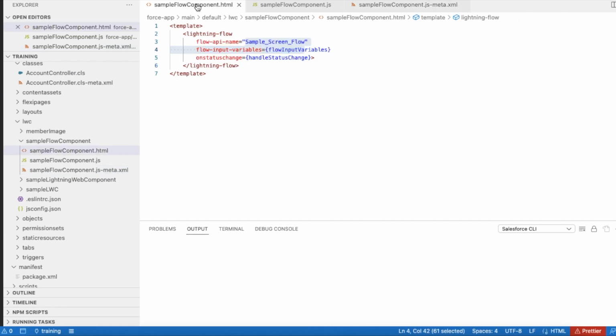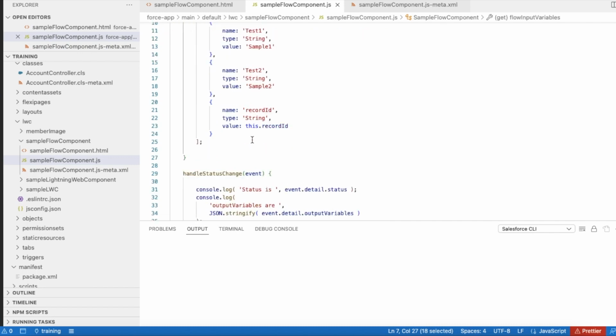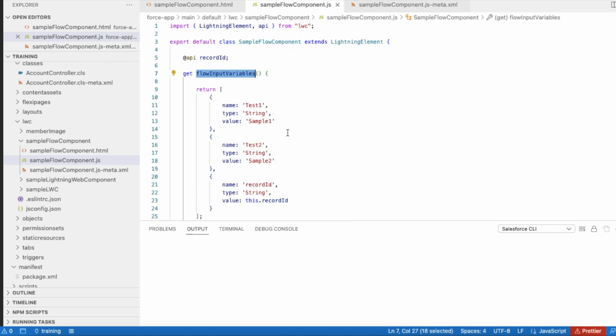Here in my Lightning Web Component, I'm using flow input variables equal to input flow input variable. This is a variable declared in my Lightning Web Component. So here I am passing test1 as sample1 and test2 as sample2 and record ID as the record ID of the record from which I have added this Lightning Web Component. Next, whenever the status changes,